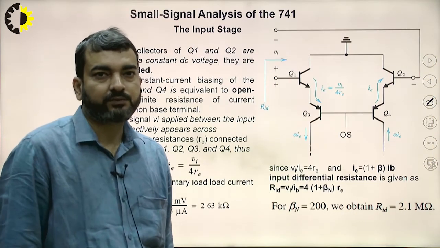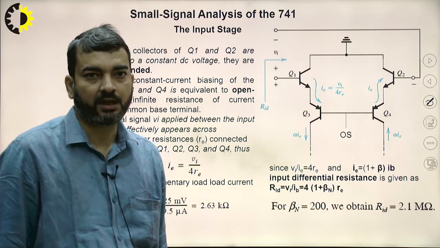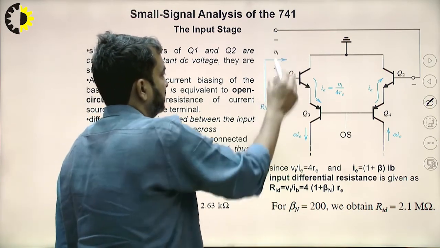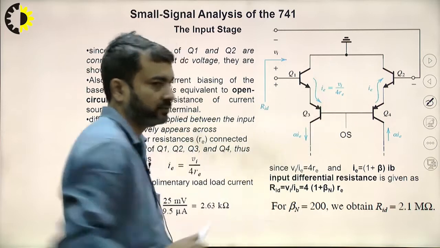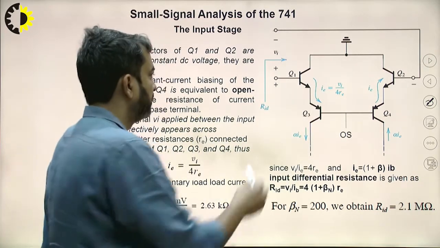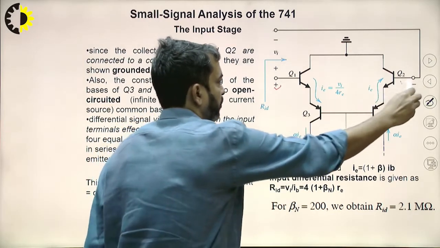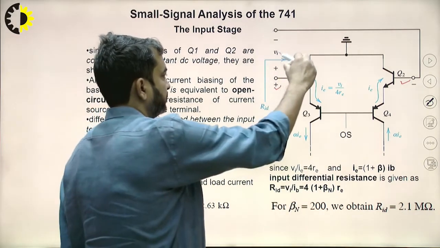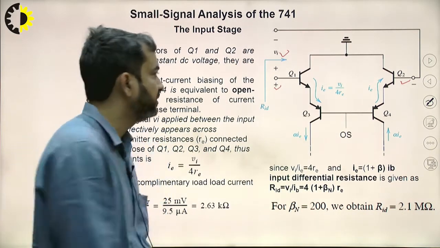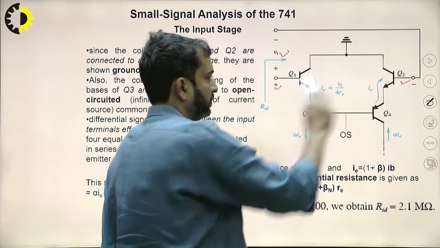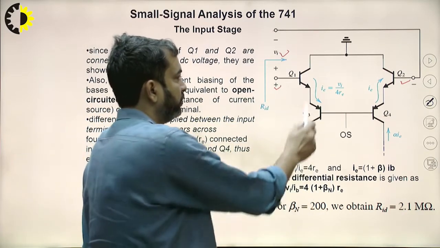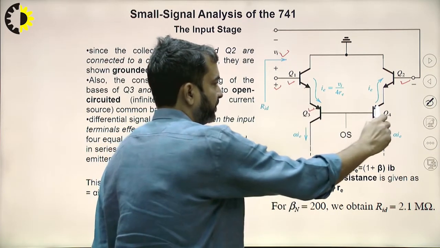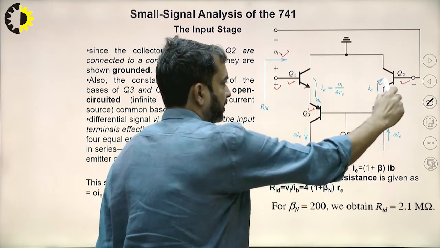So we will start the small signal analysis with the first stage, or gain stage. Here this is the input transistor Q1 and Q2. We will apply input between these two points. Let the differential voltage between these 2 points be Vi. If we see this particular loop, in this loop we have the emitter of transistor Q1, emitter of transistor Q3, emitter of transistor Q4, emitter of transistor Q2.